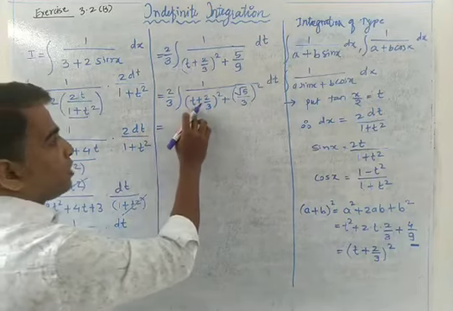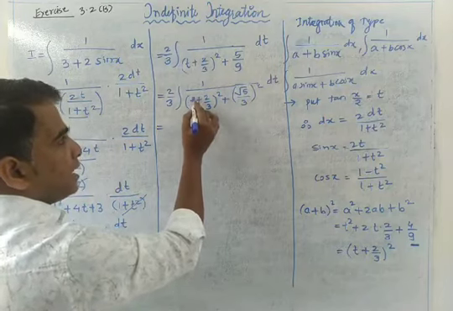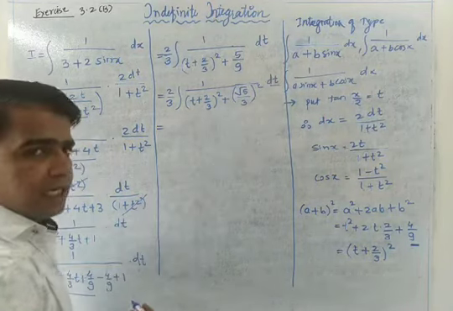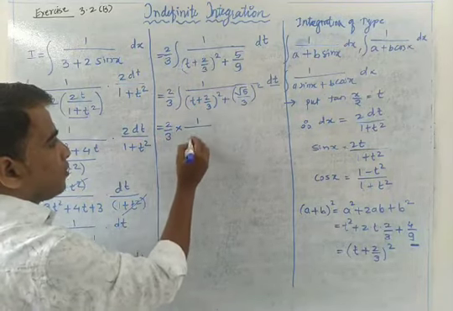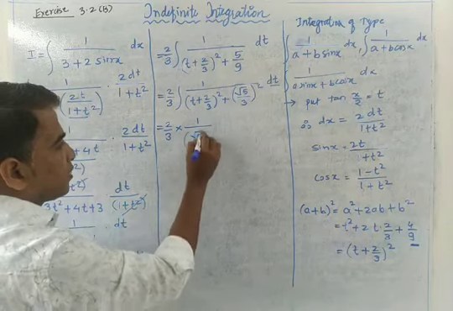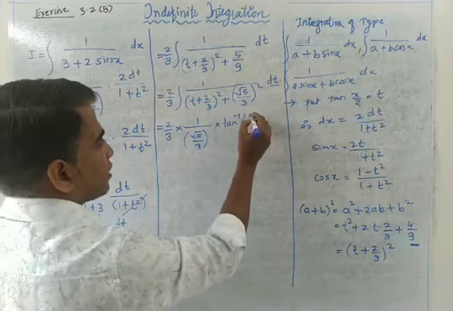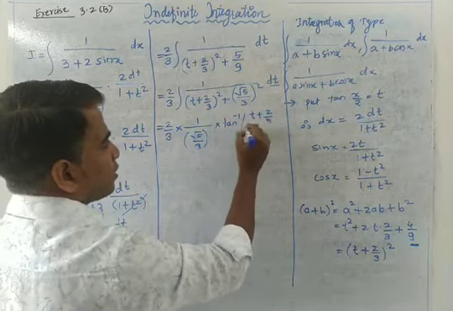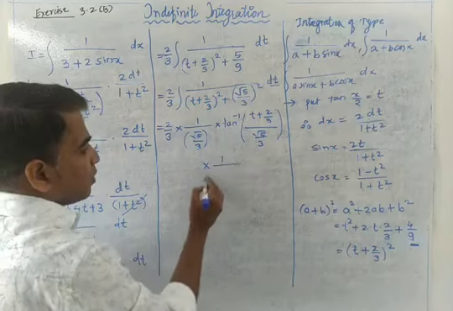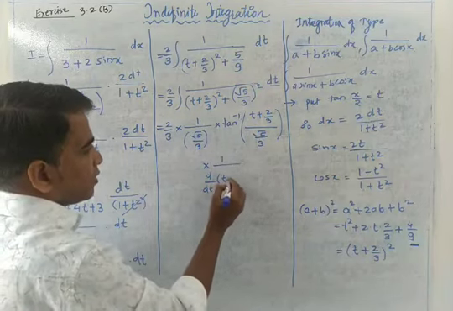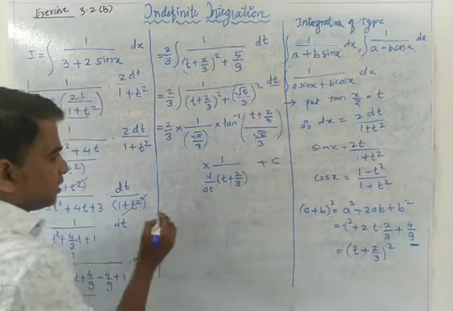But in the place of x, the value of t plus 2 by 3 is there. It means we have to assume this value as t, because we are going to simplify with dt. So you will get 2 by 3 into 1 by a. What is a? Root 5 upon 3. Into tan inverse x by a, that is (t plus 2 by 3) upon (root 5 upon 3), into 1 upon d by dt of (t plus 2 by 3). Get it? Plus c. Now simplify.